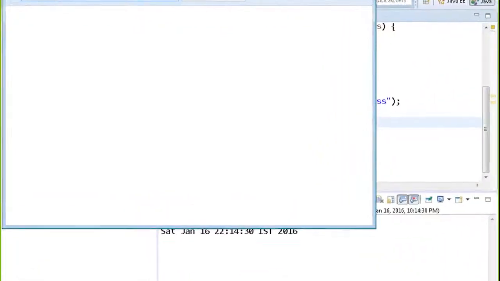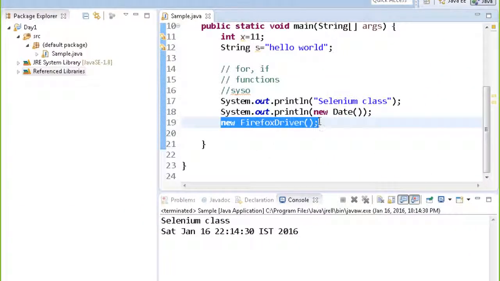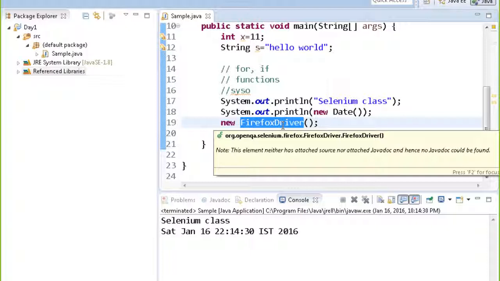Just by writing new Firefox driver I am able to open Firefox. So everything is inbuilt. Firefox driver is an inbuilt class. With this class I can open up Firefox, work on Firefox, and do my automation stuff.